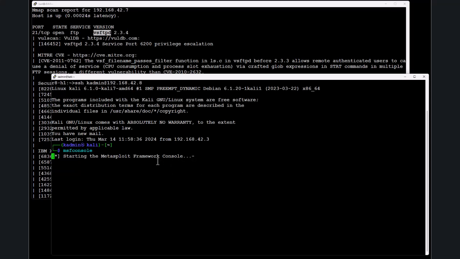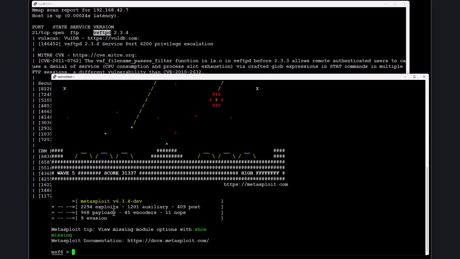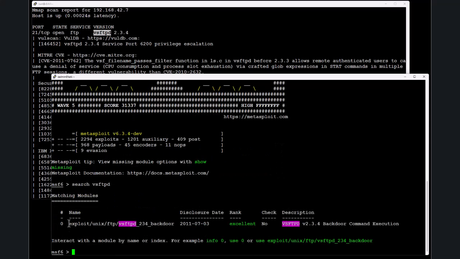In this framework, the archive has many exploit modules, many thousands of exploits. Because we know that the target host's service has vulnerabilities, I can search for this service here,